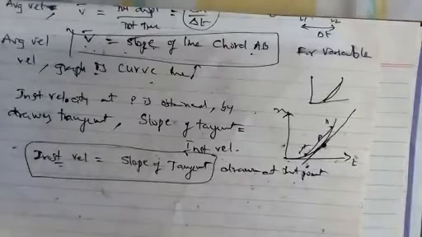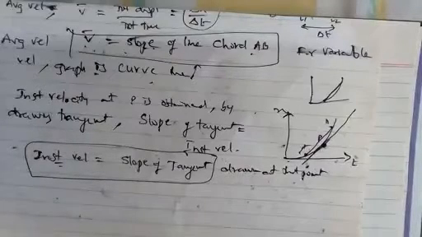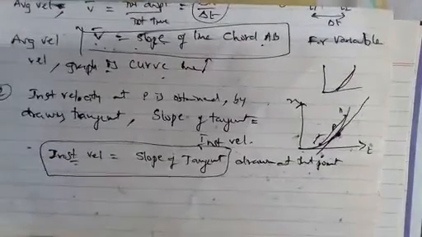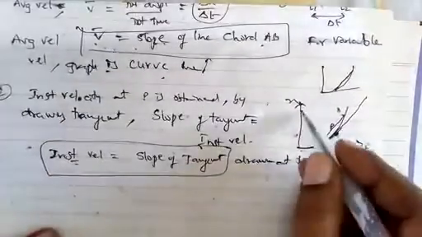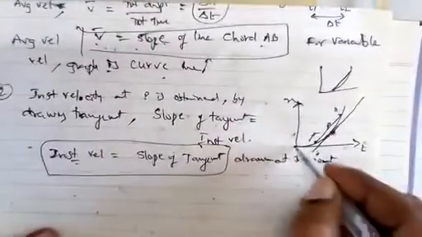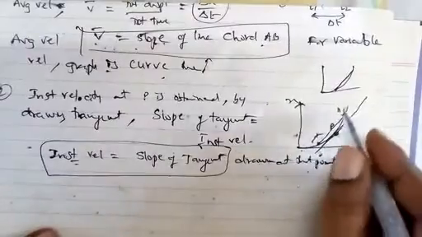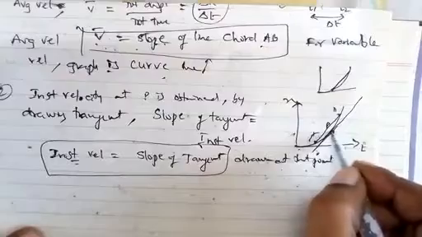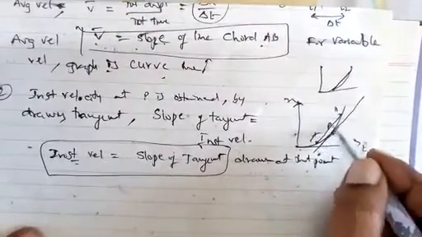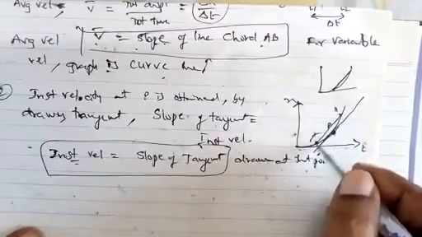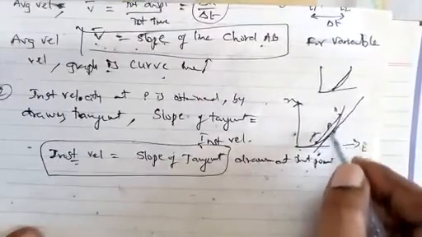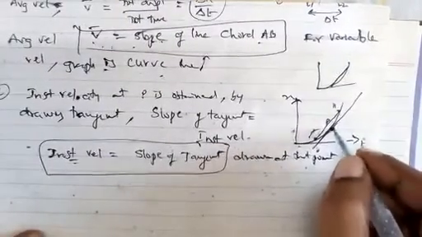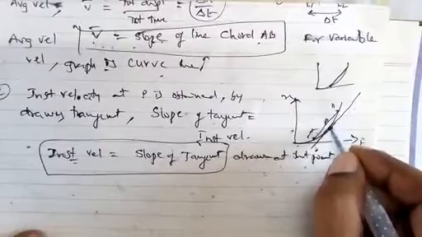Hello students, yesterday we discussed instantaneous velocity, average velocity, speed, and position-time graphs. Yesterday I discussed that when a body is having non-uniform motion, the graph is a curve. So when the graph is a curve, how will you find average velocity and instantaneous velocity? Average velocity is given by the slope of the chord drawn to the curve. Slope of the chord gives the average velocity, and instantaneous velocity is given by the slope of the tangent drawn at a particular point here.